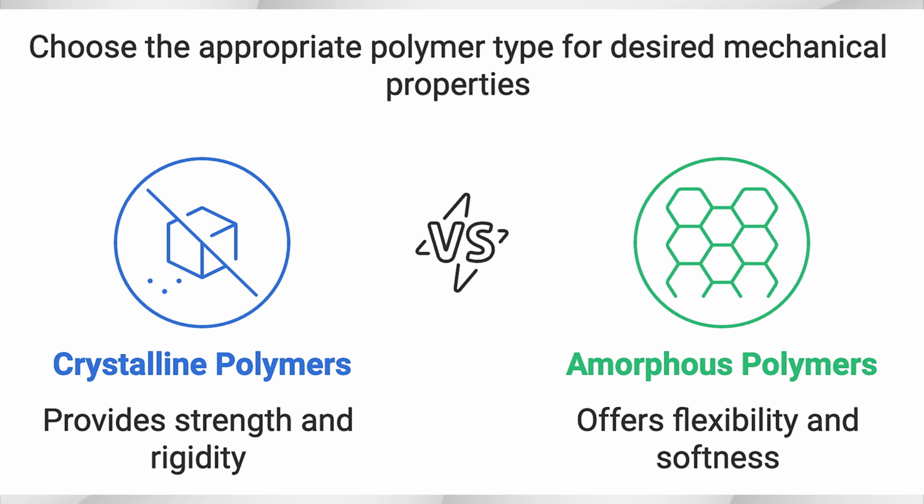So, why does it matter if a polymer is amorphous, crystalline, or semi-crystalline when formulating a rubber compound? The degree of crystallinity directly affects a polymer's mechanical properties. A more crystalline polymer is stronger and more resistant to deformation, while a more amorphous polymer is softer and more flexible. This is why natural rubber, which is amorphous, is so elastic, while semi-crystalline polymers like polyethylene are more rigid